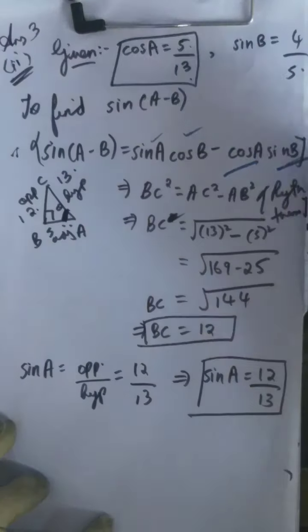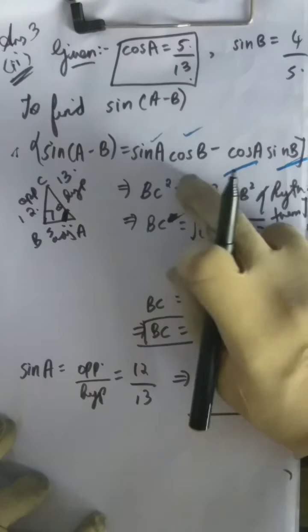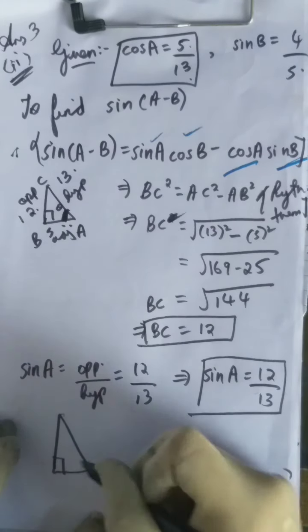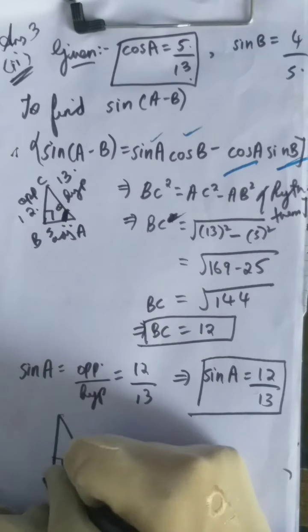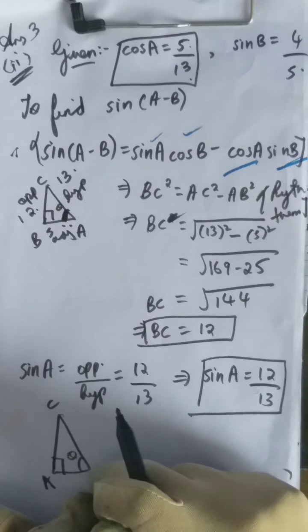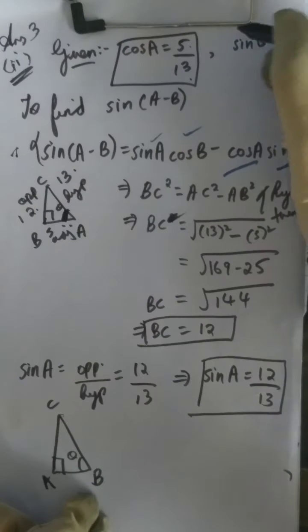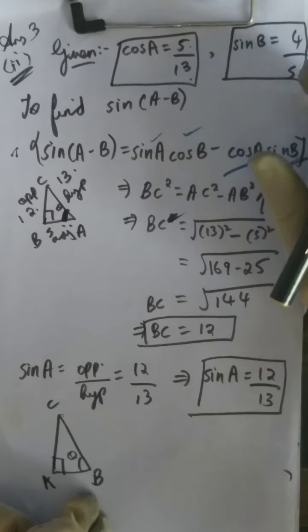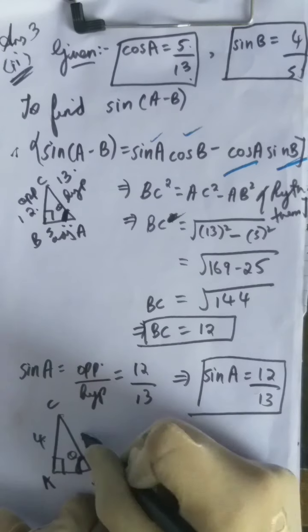Similarly, we have a right angle triangle, and in that theta should be assumed as B, because we need the value of cos B and we need the value of sin B. So let us say that there is another triangle. Here this is B, theta. Let us suppose this is A and this is C. So if B is theta, here it is given sin B is equal to 4 by 5, and we know sin is equal to opposite side by hypotenuse side. So opposite side here is 4 and hypotenuse side is 5.